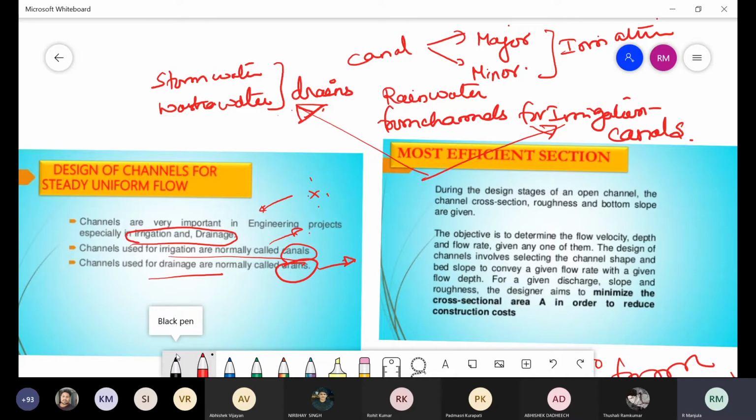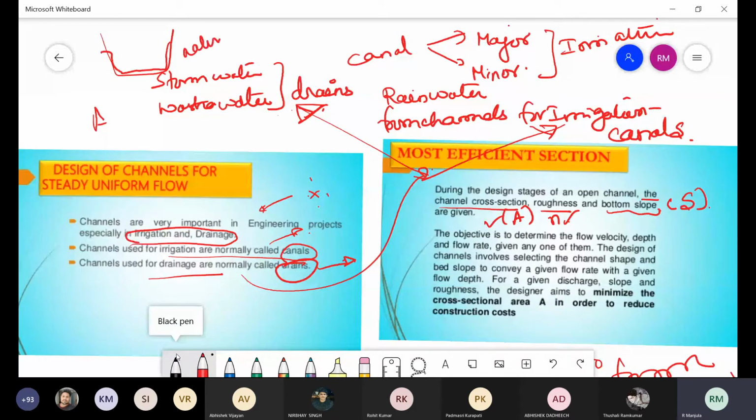Now, in this design we are going to concentrate on the most economical or efficient section. When I am talking about the most efficient section, the channel cross section is A, the roughness coefficient is small n, and the bottom slope, or longitudinal slope, is S. So you have been given the channel cross section and channel roughness. Why the channel roughness? Because it matters whether the channel is a lined channel or a natural channel,